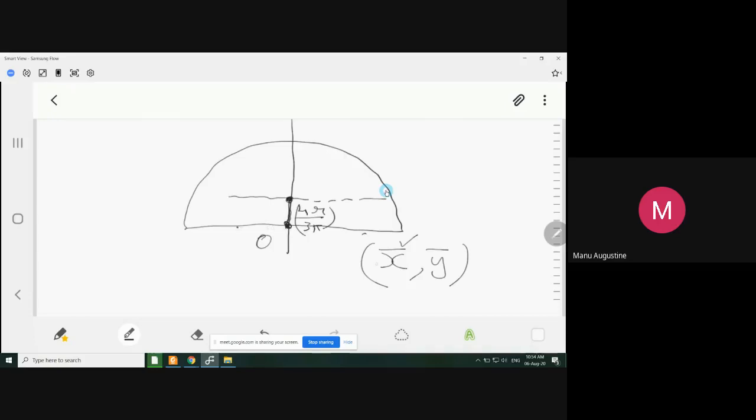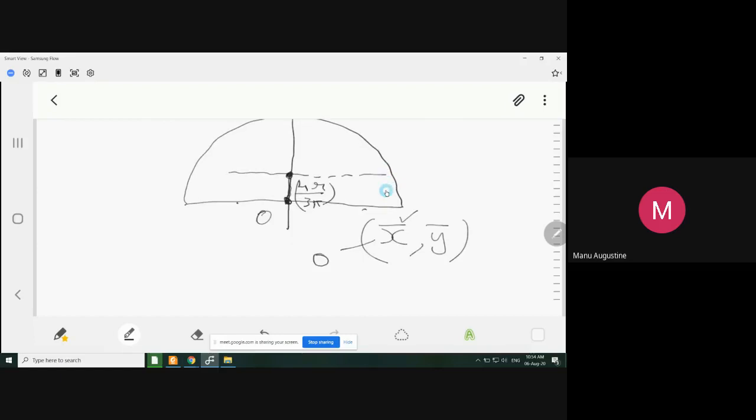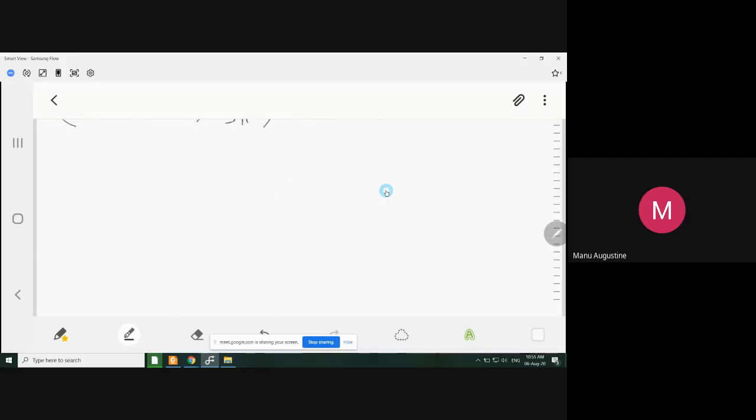ये ना तो इधर गया ना इधर गया, सो x बार इज 0। If your centroid lies on the y-axis, then x bar is 0. If your centroid lies on the x-axis, then y bar is 0. ये तो कॉमन सेंस है, ठीक है। तो इसका अगर मैं आप इसको ओरिजिन दे दूं, if this is the origin and if you ask me what is the centroid, then x bar comma y bar is simply 0 comma 4r upon 3 pi। चलो अब इसी में मैं आपको थोड़ा सा हल्का सा कंफ्यूज करने की कोशिश करूंगा, बहुत ज्यादा नहीं।